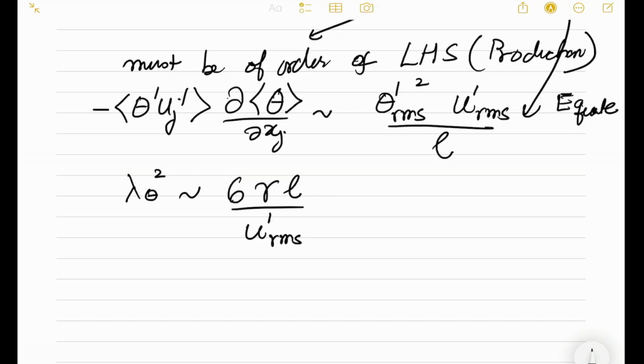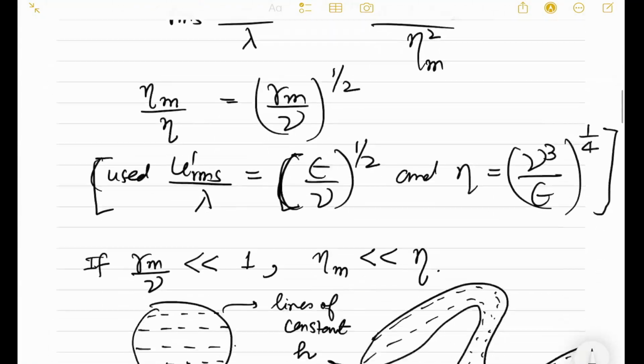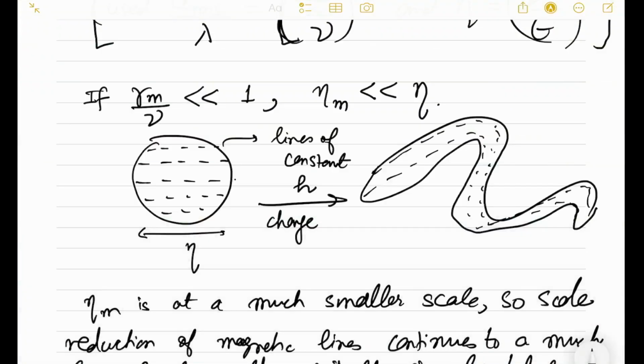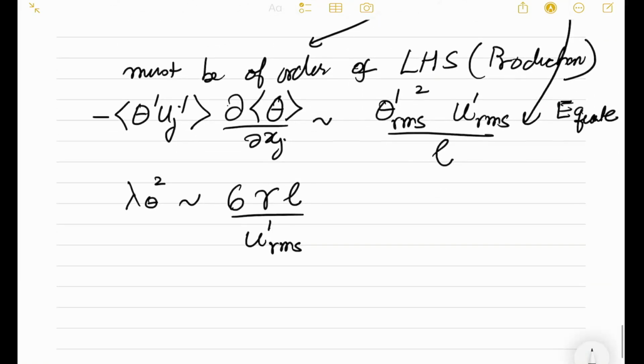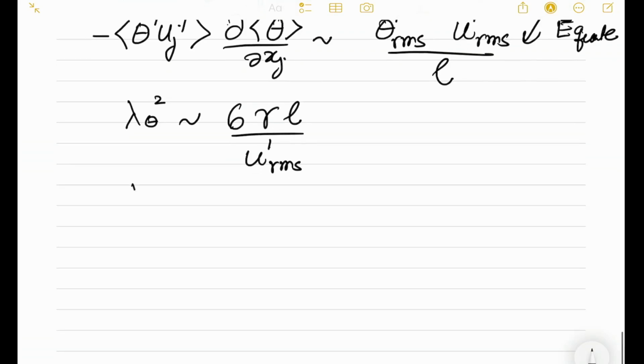ठीक है, this is what you will get. वो 6, वो 2 था ना, और तीनों जब सम किया, वो 2 क्यों लिया, मतलब that is historically been taken as 2. This 2 is probably for historical reasons. Corrsin did this first time in 1951 and he put this factor of 2. So वैसे ये सब 2 absorb हो जाएगा because everything will go in the correlation coefficient, तो square root of 6 हो जाएगा क्योंकि अभी lambda theta square आया है, so that means lambda theta will be of the order of